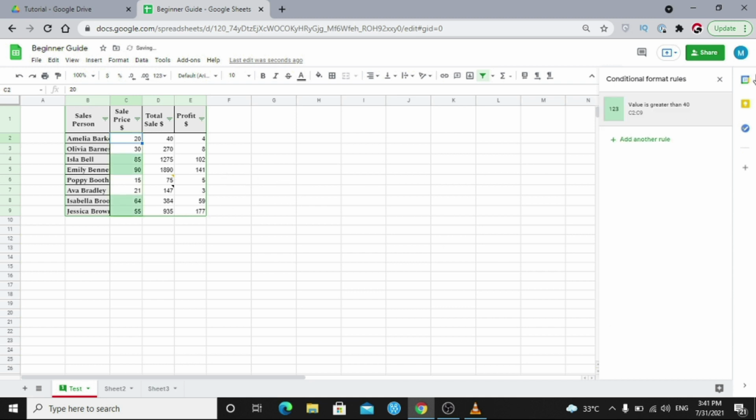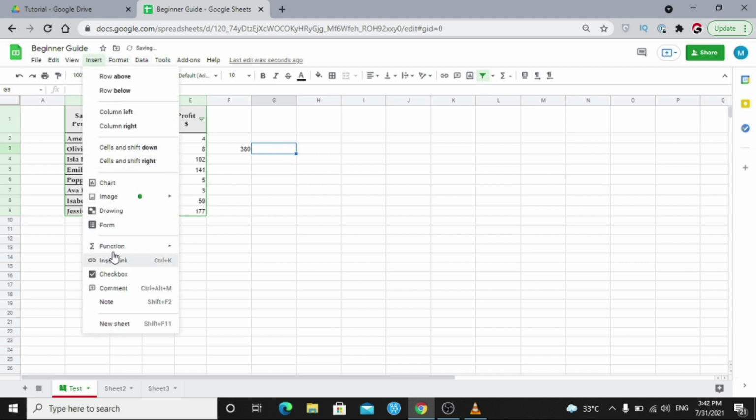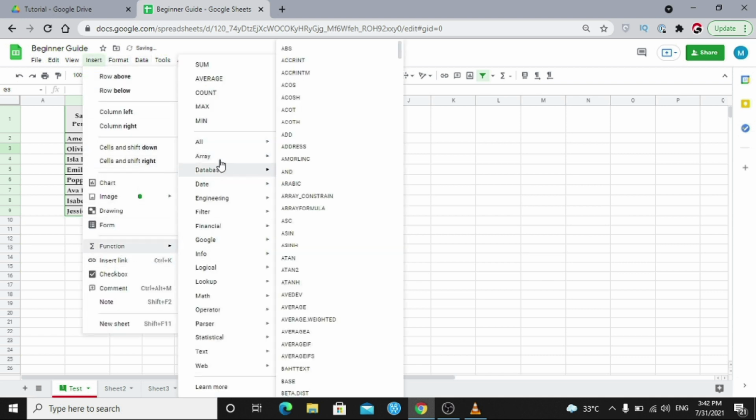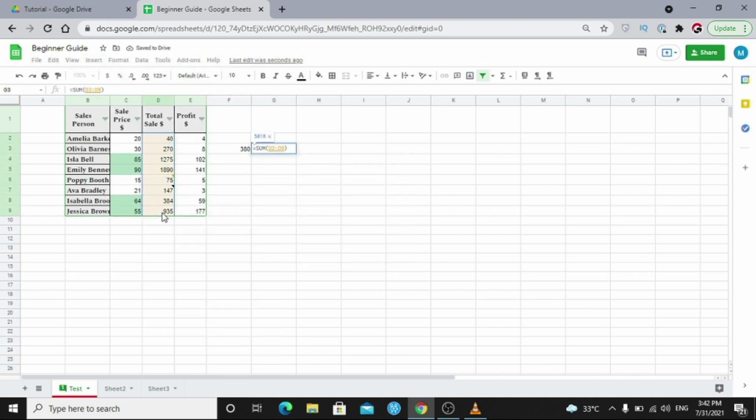You can also add formulas in your Google Sheet. Just go to any cell, hit the equal sign and then write the formula. Then you will see a list of suggested formulas there, or you can select any formula of your choice. Just click on Insert and then click on Functions. Choose your function according to your need or requirement and then apply it on any cell.